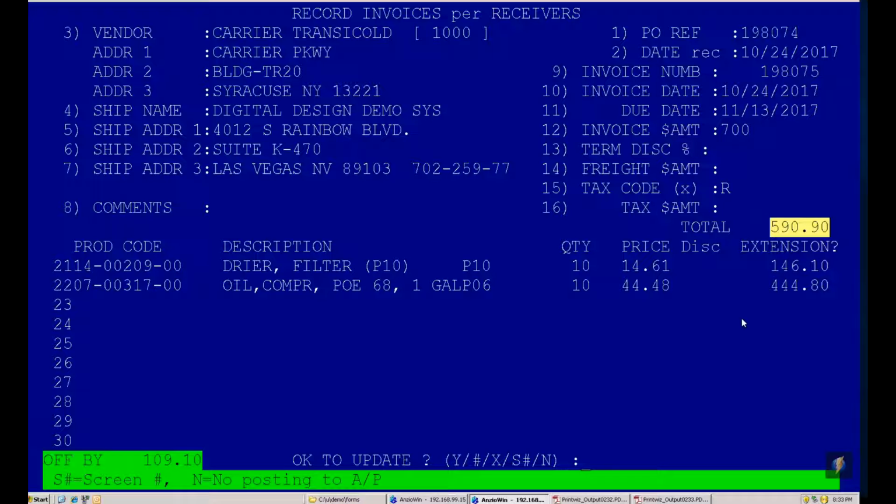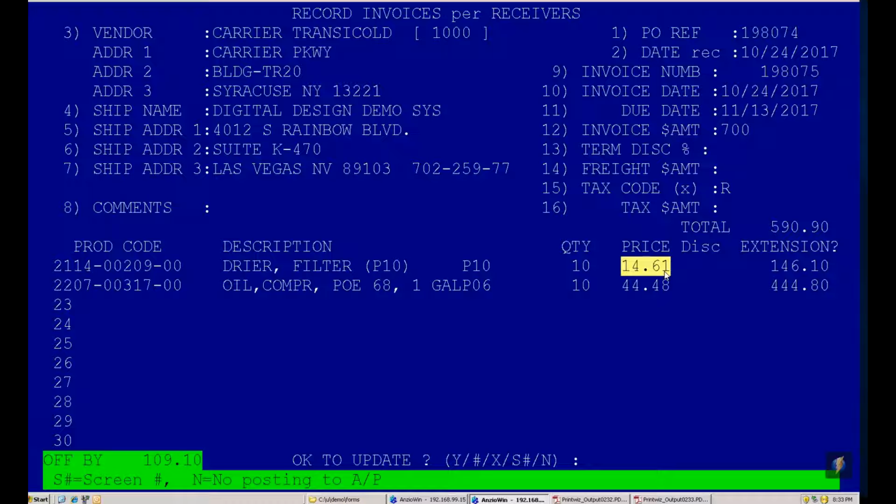So you've got one or two options. You either adjust this down and say, you know what, this is what I was quoted, this is all I'm paying, and that's the $590. Or you adjust one of the unit prices down here saying, okay, I'm accepting you increasing the price. And that way it also reflects in the cost of your inventory. Well, in this case,